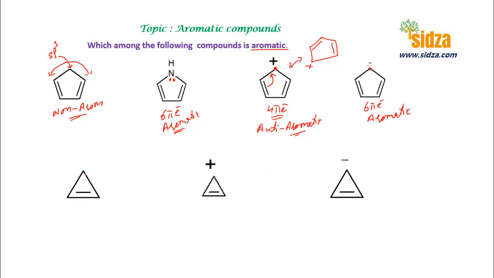Next one, you see here we have a carbon which is sp3 hybridized, and it doesn't have a positive or a negative charge, and you have here 2 single bonds there. It's not a conjugated system, so you can say this is a non-aromatic compound. This is a non-aromatic compound. This molecule over here, you see we have a carbon with a positive charge, so it is just like this particular compound.